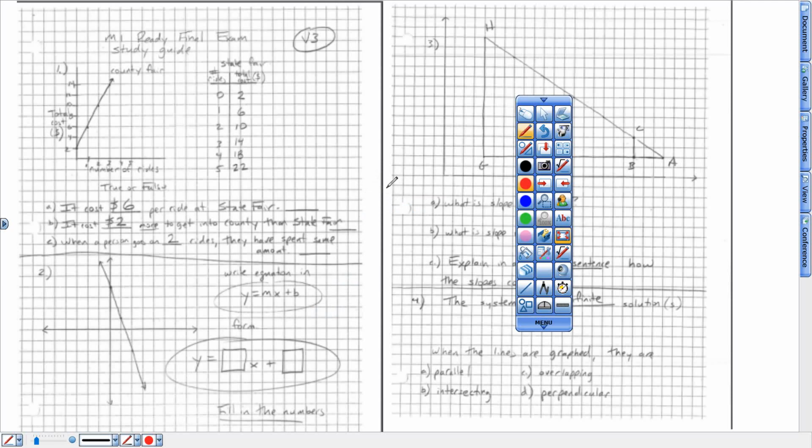Okay, this is version 3. Copy the word and the 6. There's going to be 6 words this time. So here we go. It costs $6 to take a ride at the state fair, and it looks like the